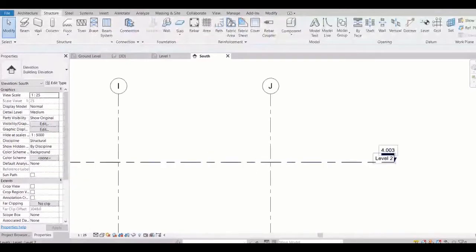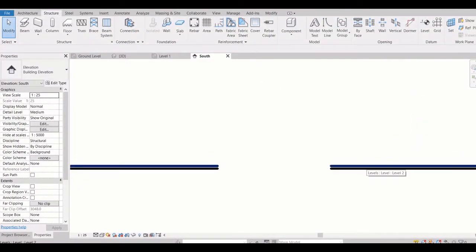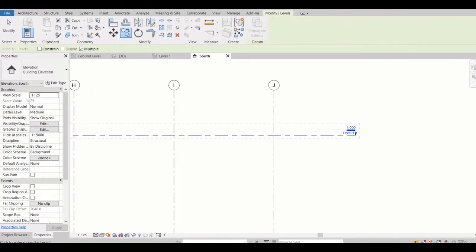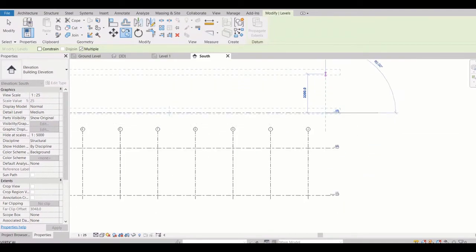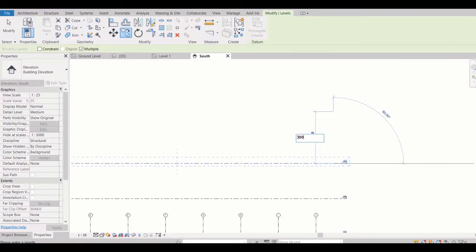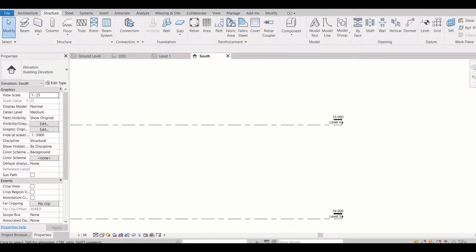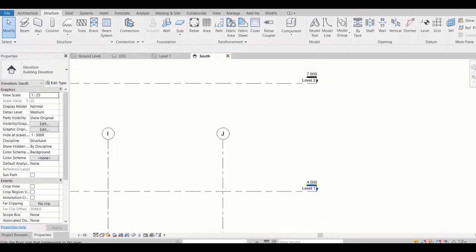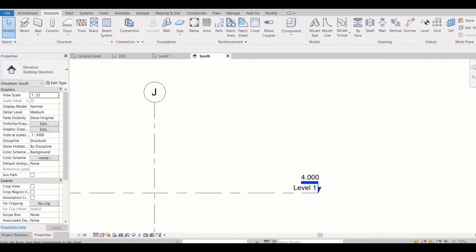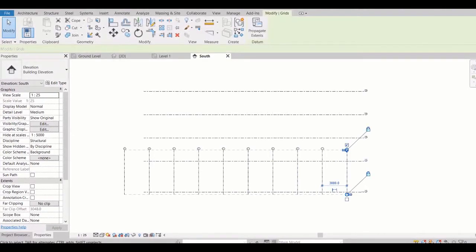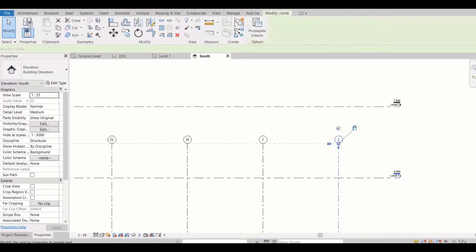Copy. It also upgrades the name, like level 1, automatically 2, 3, 4, and now you can see the grid is coming till here.